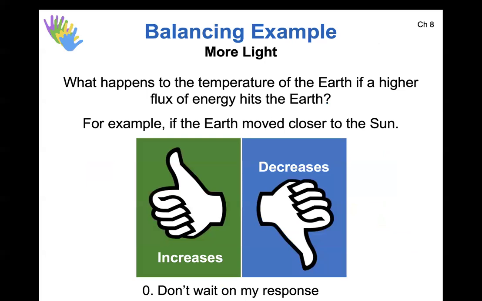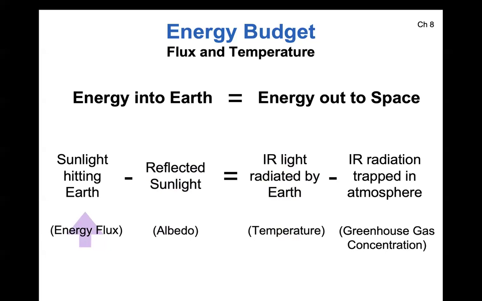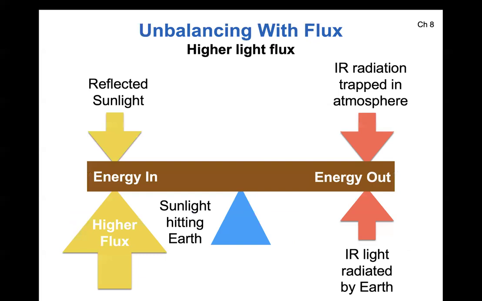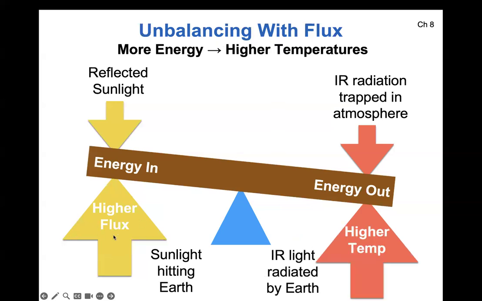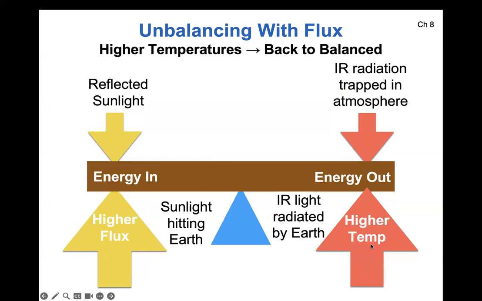What about another case? What if the sun suddenly became brighter? Well, that would be an unbalance in flux, right? So flux gets bigger. And if the atmosphere didn't change, the only thing that could change would be the temperature of Earth, right? Because the temperature can readily change, but the atmosphere doesn't necessarily, unless there's some process that's forcing it to change, like digging up a bunch of CO2 and burning it, for example. So in this case, if the sun suddenly became hotter, we have an unbalancing with flux. So we introduce a big arrow. How do we compensate for it? Well, we have to balance the temperature like that.